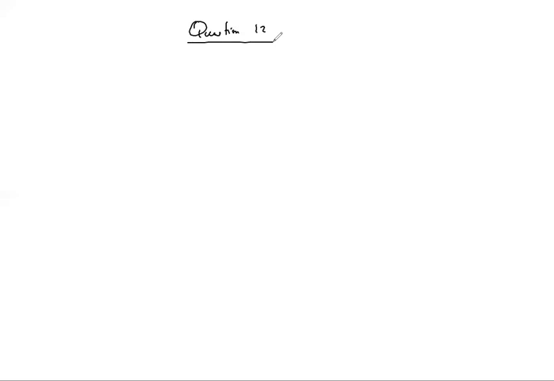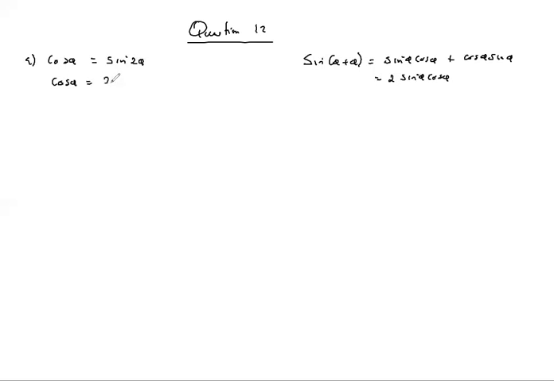Question 12. Solve each of the following equations for theta, where theta again lies there. This is just the same thing that we are doing. So if you have cos theta is equal to sine 2 theta, you just need to change sine 2 theta. Remember, sine 2 theta is coming from theta plus theta, which is sine theta cos theta plus cos theta sine theta. This is just the same as 2 sine theta cos theta. So when you change, you have cos theta is equal to 2 sine theta cos theta.